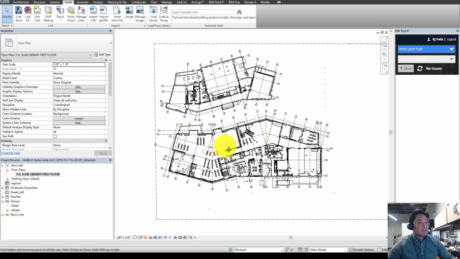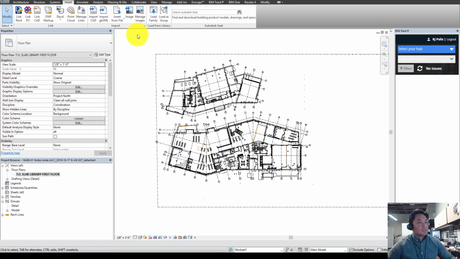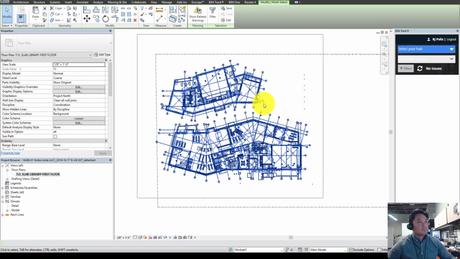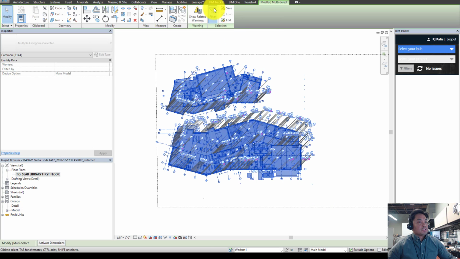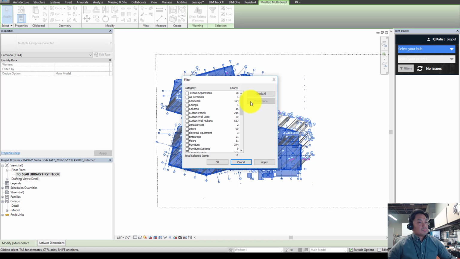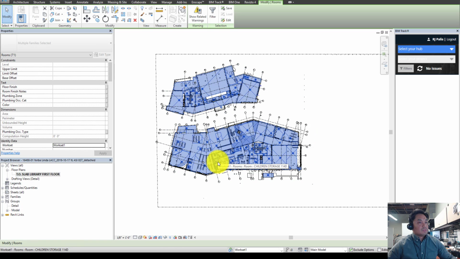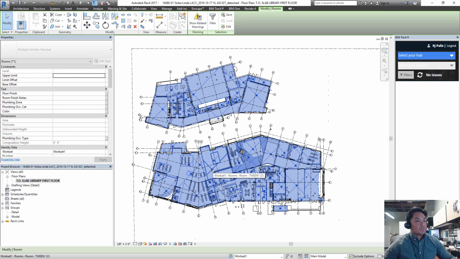So let's go back to step 1. I'm going to highlight everything, hit Filter, deselect everything, look for rooms, highlight it, check the box, and hit OK. Once all the rooms are highlighted, look for the Annotate tab,